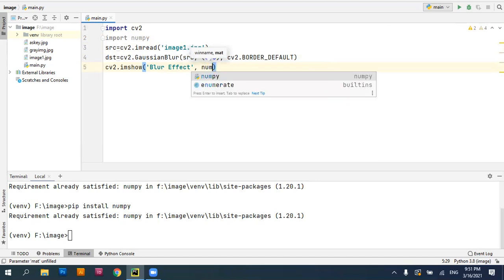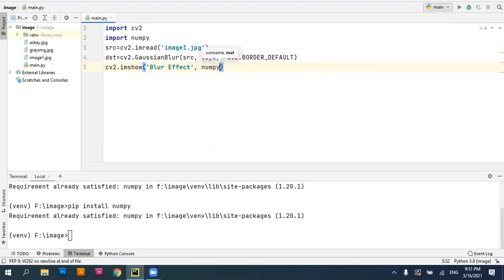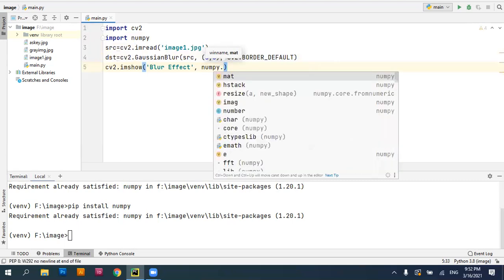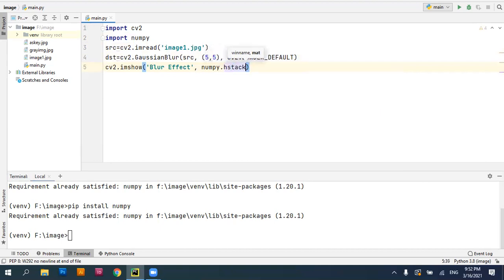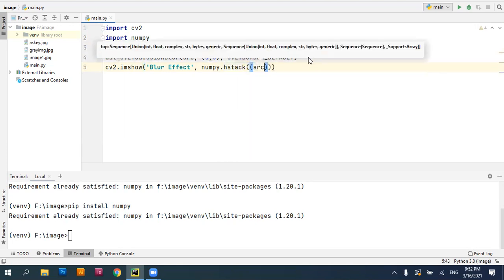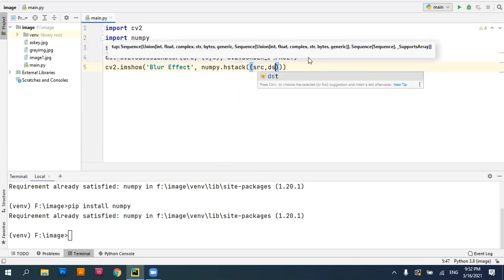I'll be using NumPy's hstack, which takes both the source and the destination variables. So np.hstack, then you specify the source and the destination.